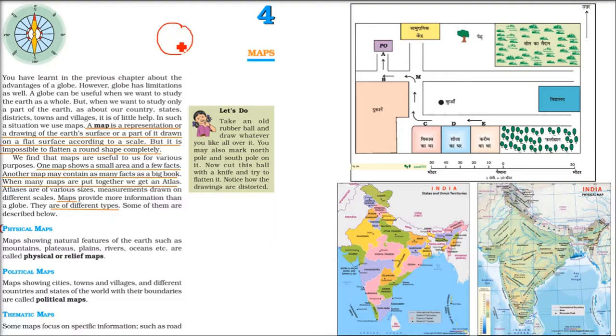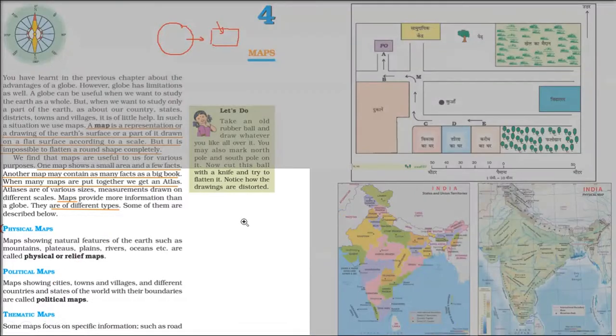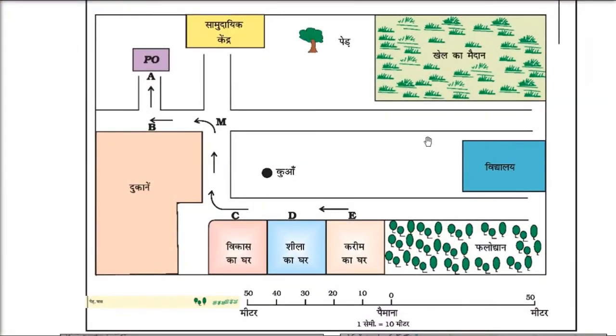If I want to show the globe, that is the earth, on a paper, what is the possibility? The best possibility is that I want to portray it on a paper. I have to map this round shape onto a planar shape, onto a plane shape. That is the whole earth or a country or even your community. So at the community level, this is a map showing a simple, very small community.